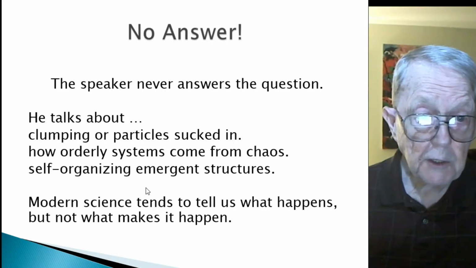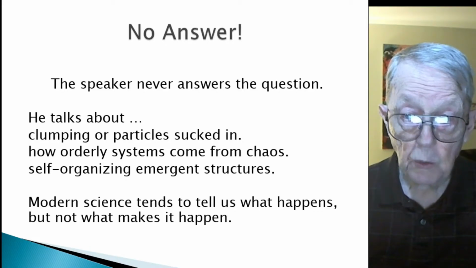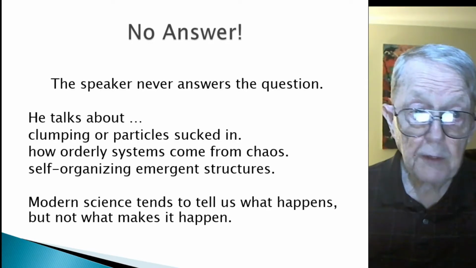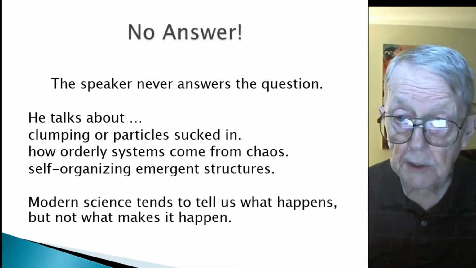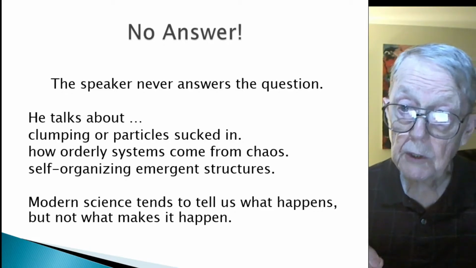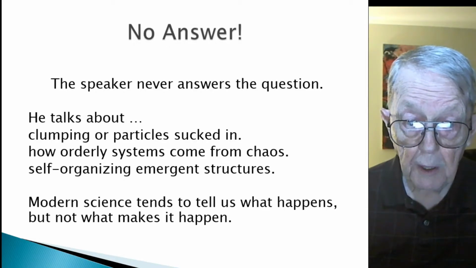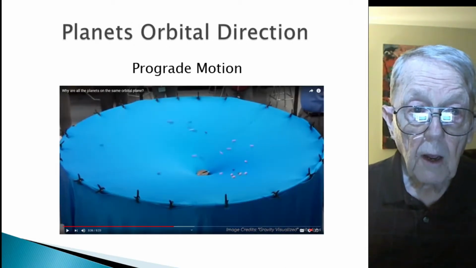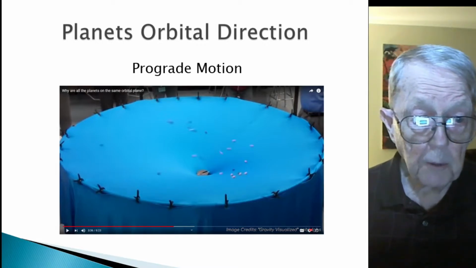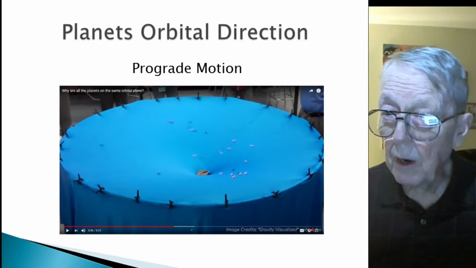I mention these because this happens over and over again. Modern science tends to tell us what happens, but not what makes it happen. So he tells you all this clumping and sucking and orderly systems out of chaos, self-organizing emergent systems, and you're supposed to know now why the planets are all in the same orbital plane. Well, part of the video is kind of interesting. It's a cute little demonstration, and I'm going to play that video for you now, and it answers the question